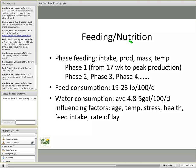We divide these phases of feeding, again, based on intake, production, egg mass, and the temperature the birds are exposed to. Phase 1 is our peaking diet, and then we have multiple other phases. Feed consumption can vary. Young pullets, 17 pounds up to 20 to 25 or more pounds for brown egg layers per 100 birds per day. So that might help you calculate how much feed you would need